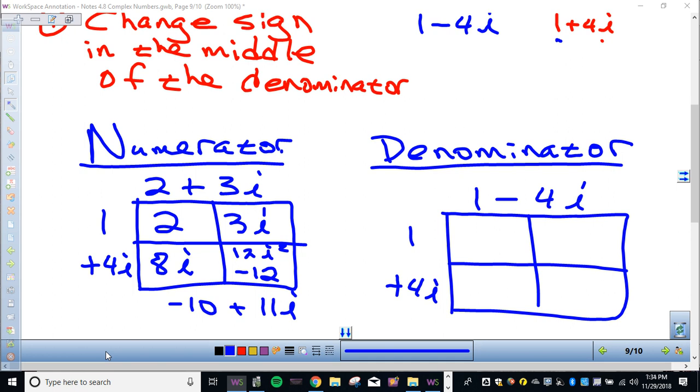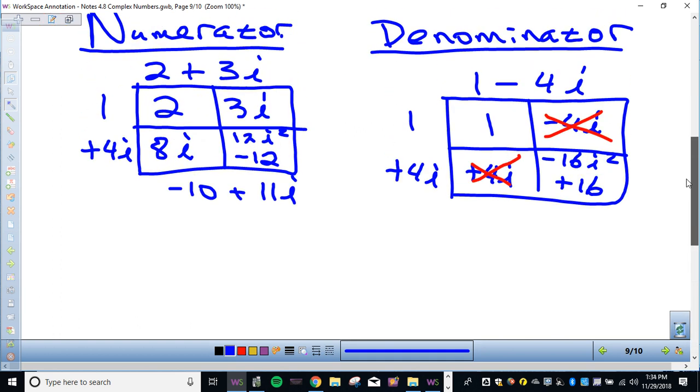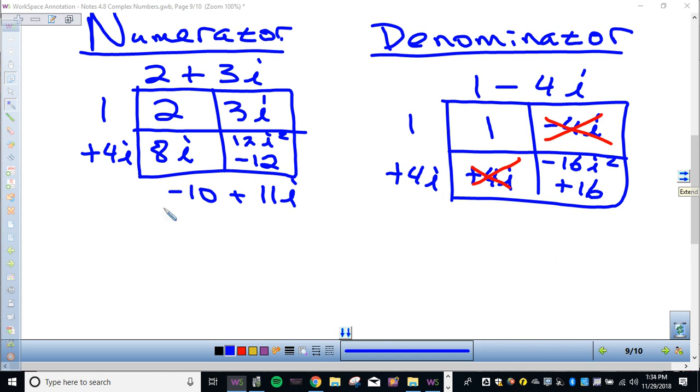Denominator we already talked about, so I get 1, negative 4i, positive 4i, and negative 16i squared, or positive 16. And when you multiply by the conjugate, the diagonal lower left to upper right always cancels. 1 plus 16 is 17. So the way I want you to write the final answer, and then I'll take your question, Aaron, is,